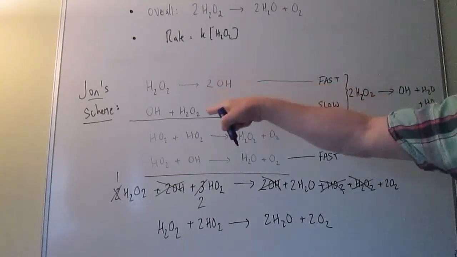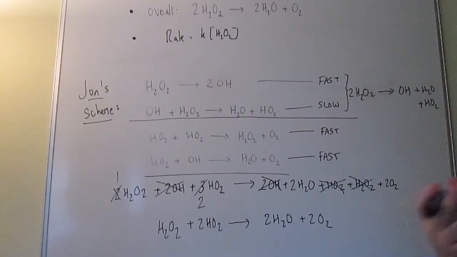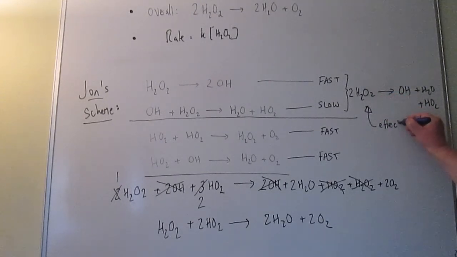So that's the sum of those first two steps, and that effectively is the rate determining step, or the sum of those two steps. So the orders of reaction should equal the numbers of molecules on the left-hand side of that equation. And you can see that this equation is the effective rate determining step,